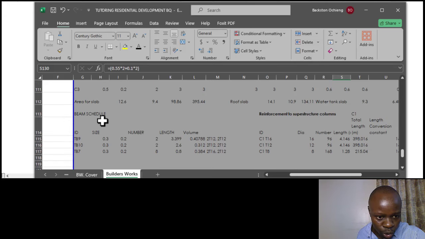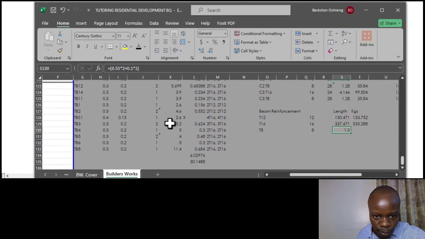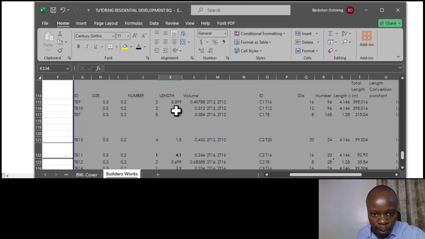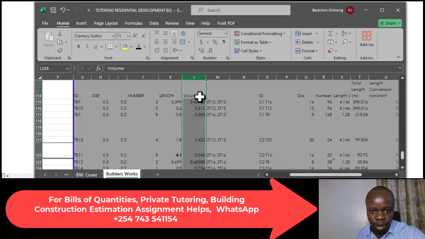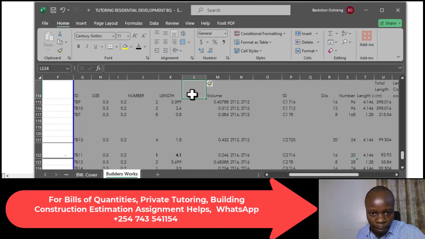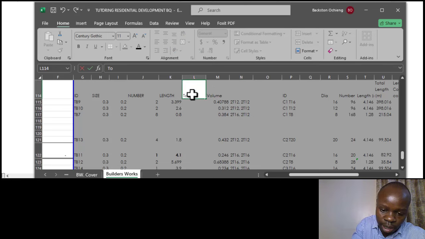But then I'll go to this, the beam schedule. Let me confirm if this length is for one. Okay, so what I need to do is insert a column here and then get the total lengths. So in short, what I'm doing, this is the total length,